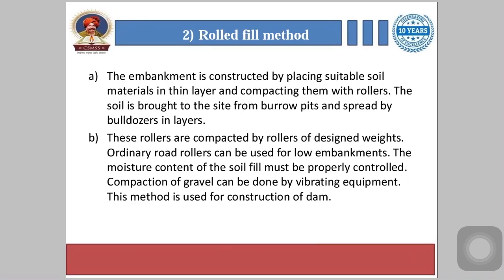The optimum moisture content is the moisture required for obtaining the optimum density in the field. Compaction of coarse gravel cannot be properly done by rolling and is best done by vibrating equipment. So, for gravel, vibrating equipment is used for compacting, and for construction of dam the roll fill method is generally